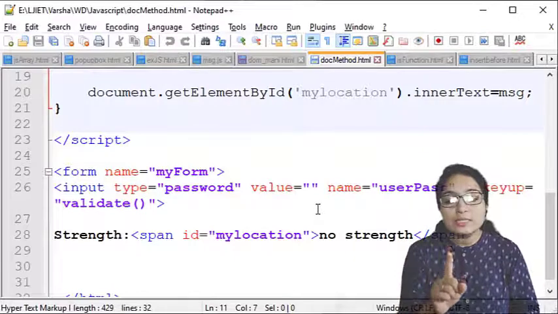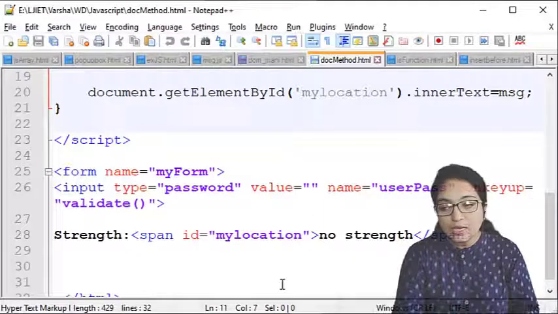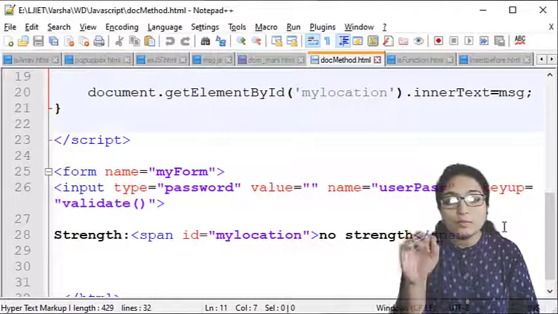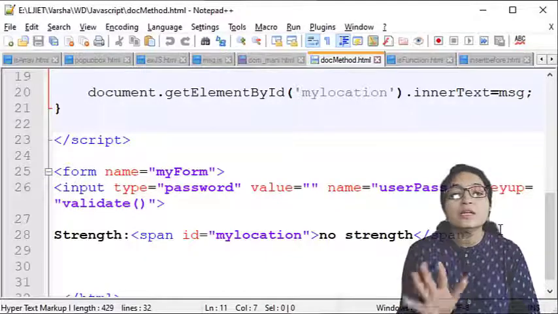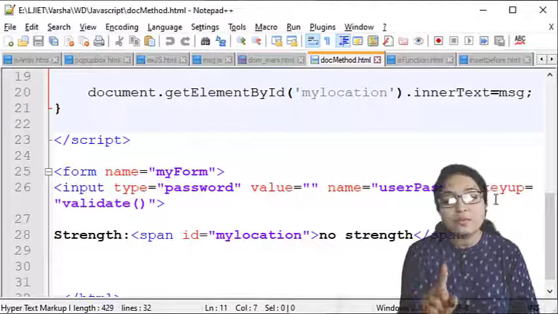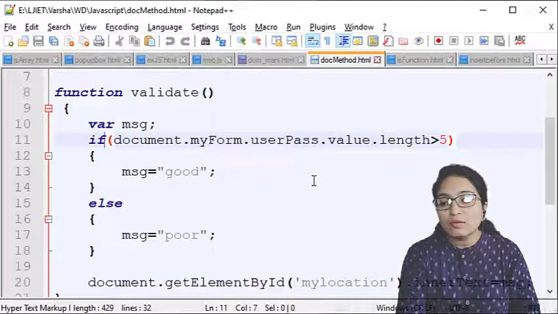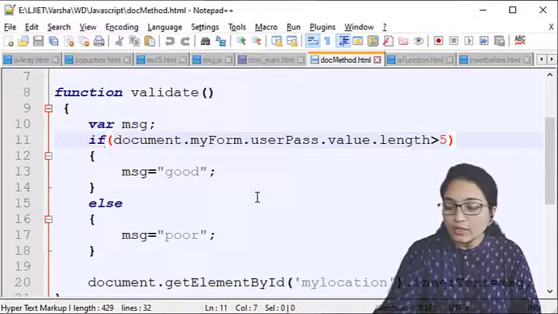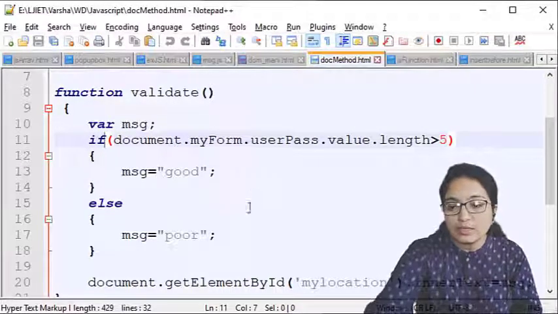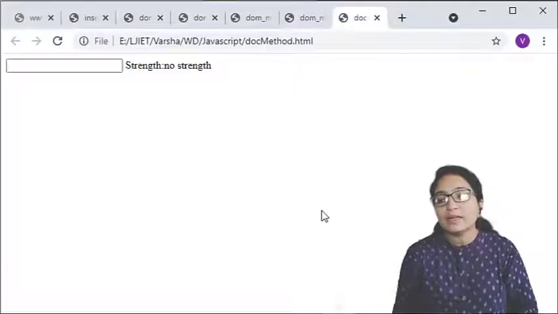So on keyup, when the user presses the key and releases it, this event will occur, and we are calling the function validate. Got it? So just save this and execute this practical, so you will have a better idea about it.